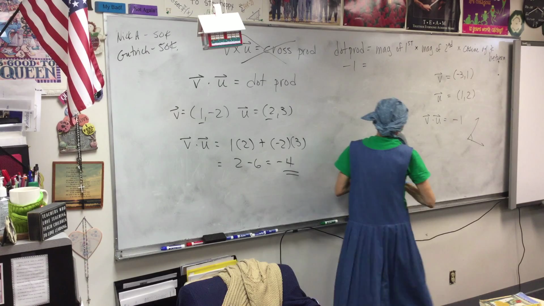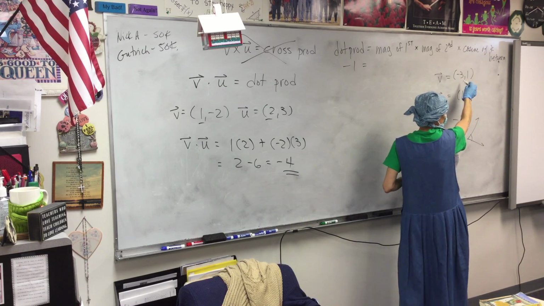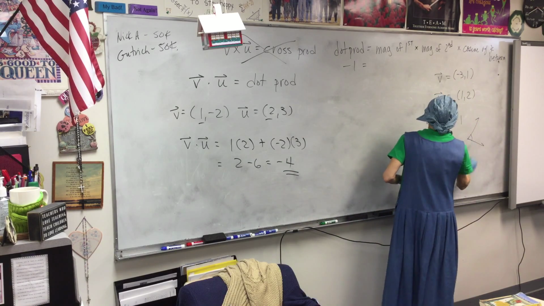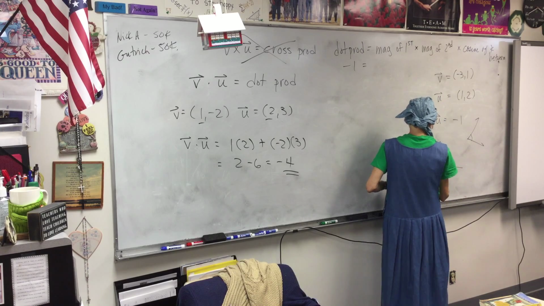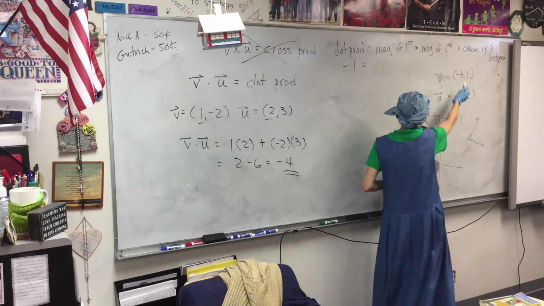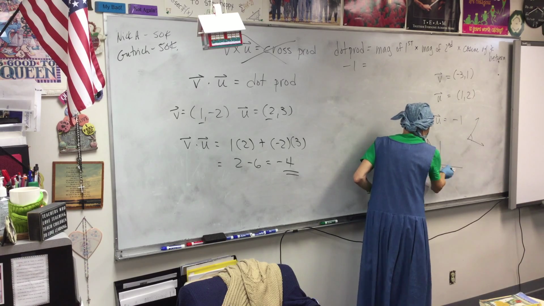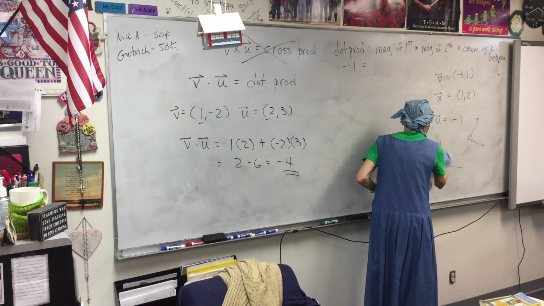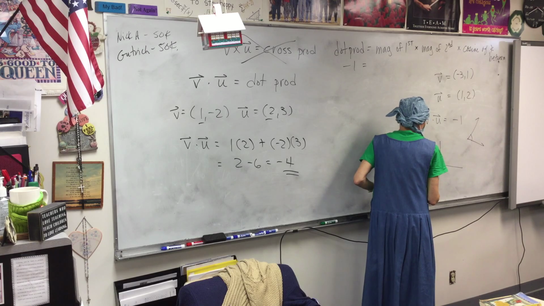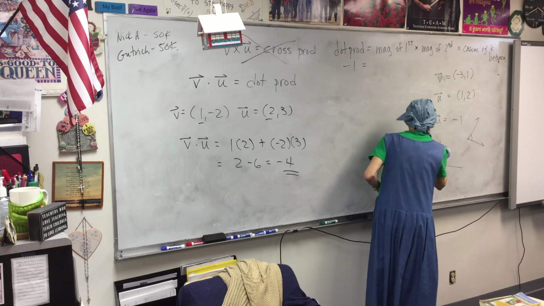your first vector. Okay, here's your first vector. It looks like this, right? Isn't that what that looks like? What is its magnitude? How long is that? Do your Pythagorean theorem. What is its magnitude? Root 10